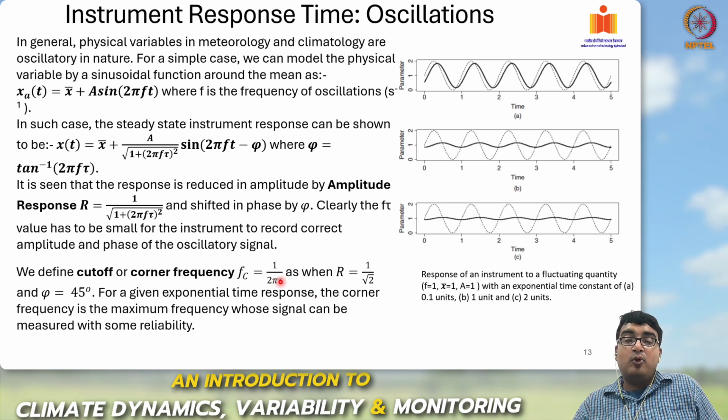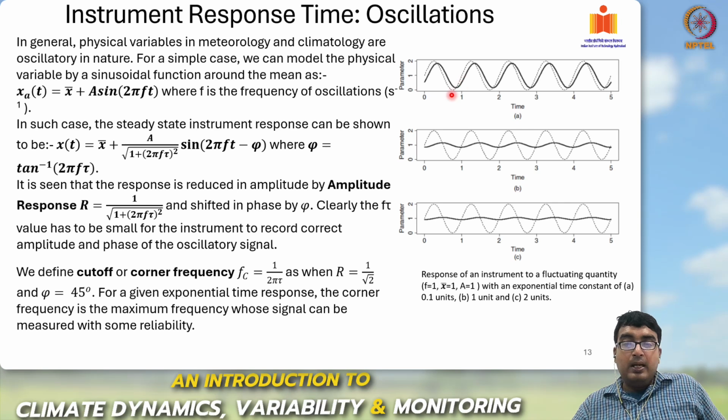So this is 0.1, so it's 10 by 2 pi. 2 pi is actually about 6, so it's 10 by 6, it's 1.34, something like that. The corner frequency Fc is 1.3, the actual frequency is 1. As a result, we are getting reasonably good values, because the actual frequency is lower than the corner frequency, there is no